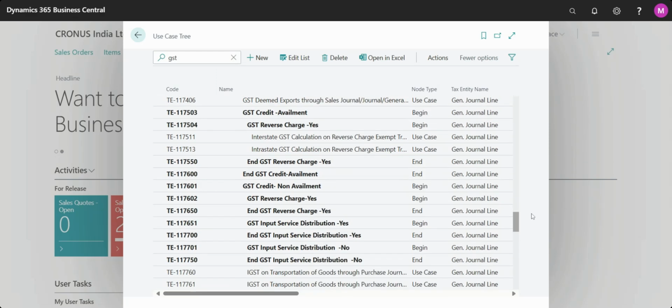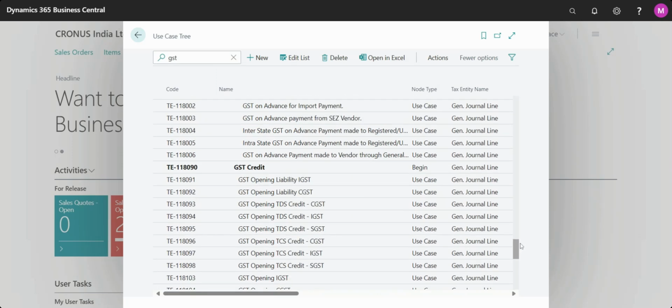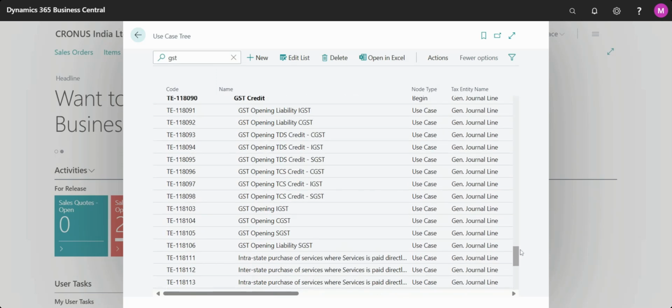So you can type and get information from here, or you can search for any kind of tax related information, tax related scenarios, case studies.